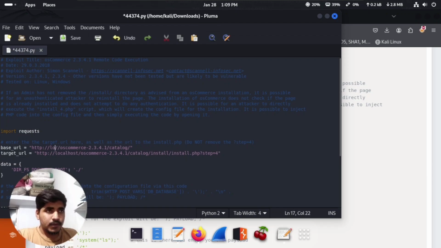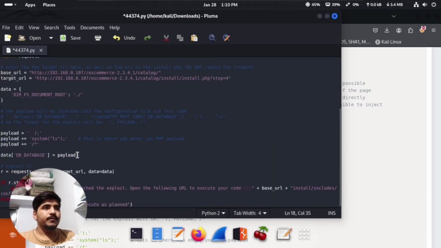So we type the IP address, 192.168.0.107 is our IP address. Copy this and paste it into the localhost here. Paste, and there you can see the payload is the system ls here. So here we are trying our shell execution payload, which is